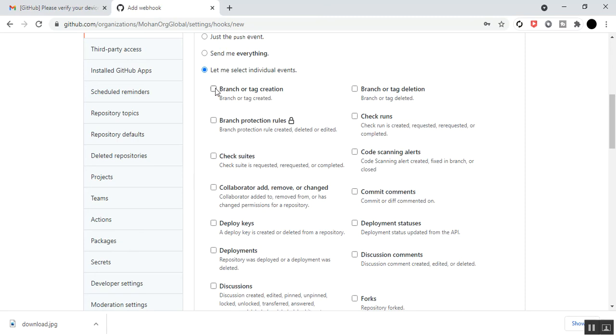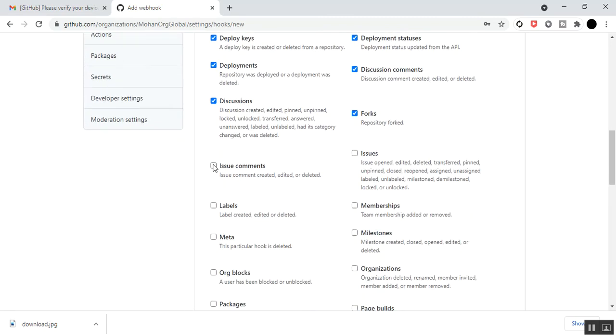So what I'll do, I just select everything: check results, collaborators, deploy keys, deployments, discussions, branch or tag deletions, check runs, code scanning alerts, comments, deployment statuses, discussion comments, forks and issue comments. And here